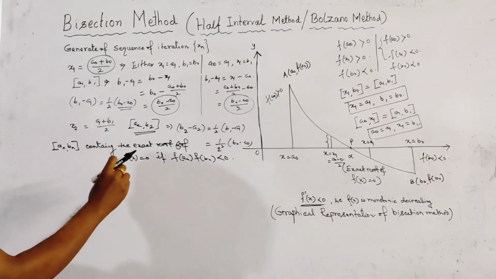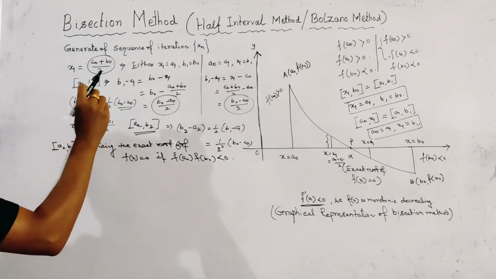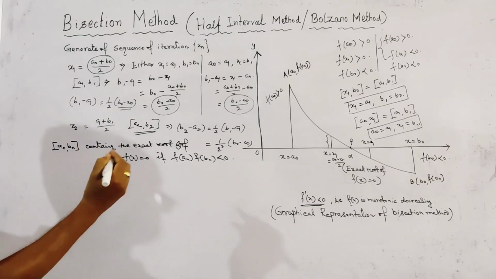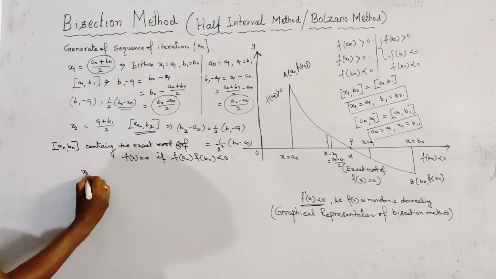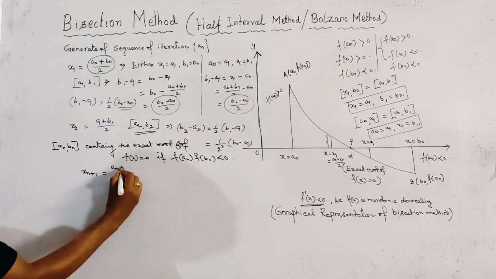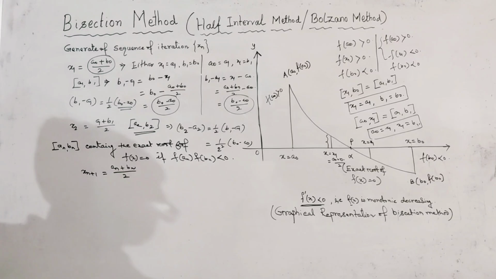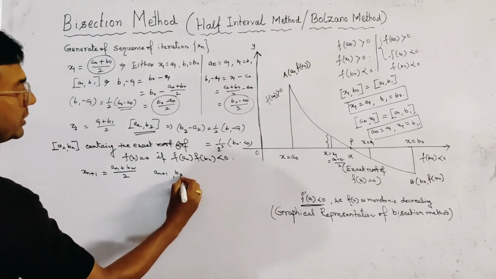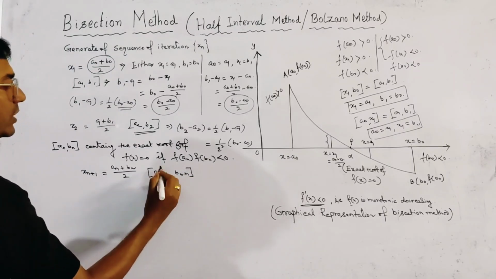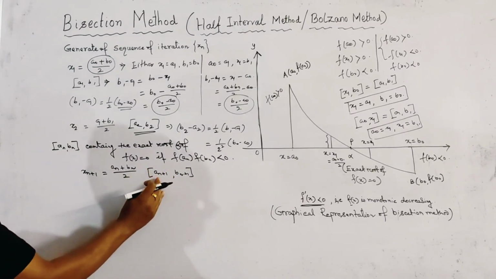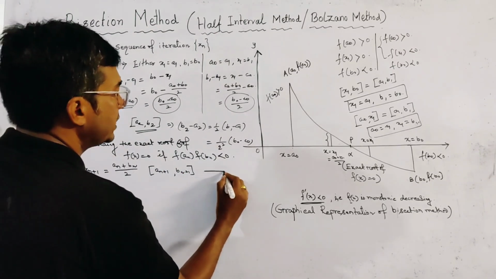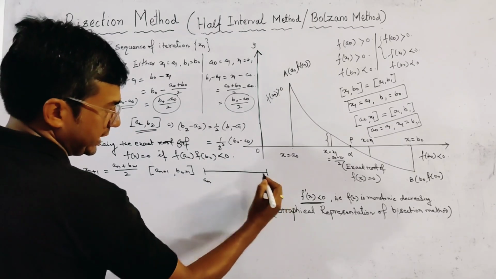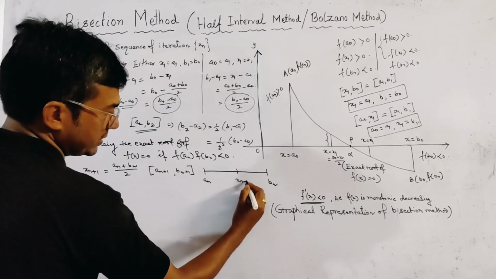Now to find the general formula of iteration of the bisection method, we find the next approximation. What is the next approximation? The next approximation is xn plus 1, given by an plus bn by 2, right? Now we take the interval an plus 1, bn plus 1 as the next interval of iteration. How to take an plus 1, bn plus 1? Here we get 3 points. The first point is an, the last point is bn, and the middle point is xn plus 1.